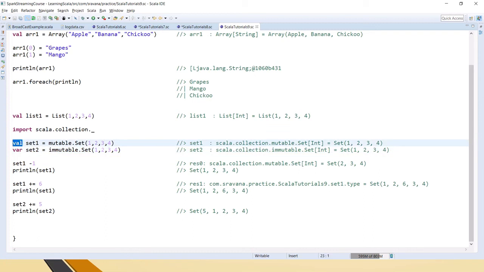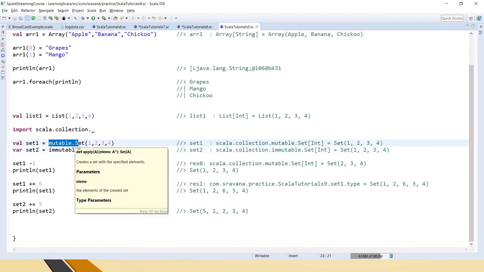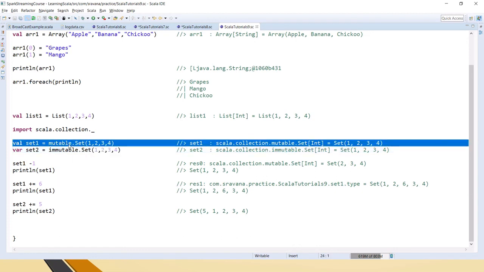Whatever you are declaring, whether val or var, that is also important. So it might be a bit confusing in your code if you are creating a set1 variable with mutable, then it is considered mutable only, because it's changeable. By default, if you don't specify anything, it will consider that set as an immutable set. But if you are purposefully mentioning that it's mutable, it will consider that.